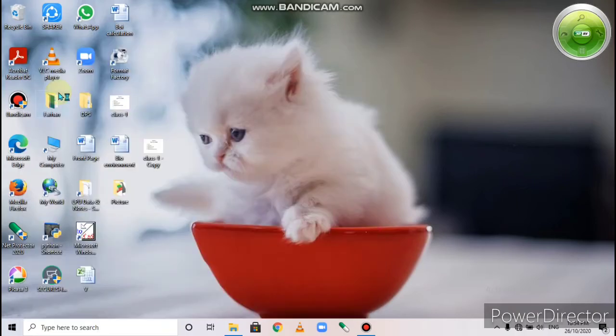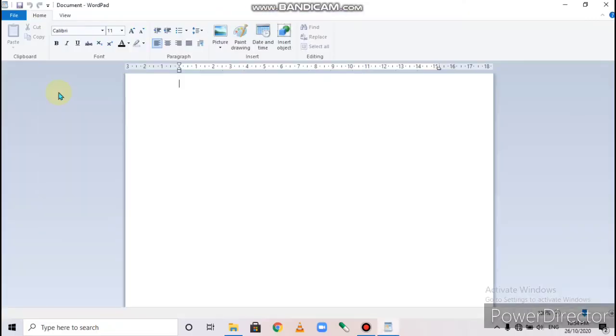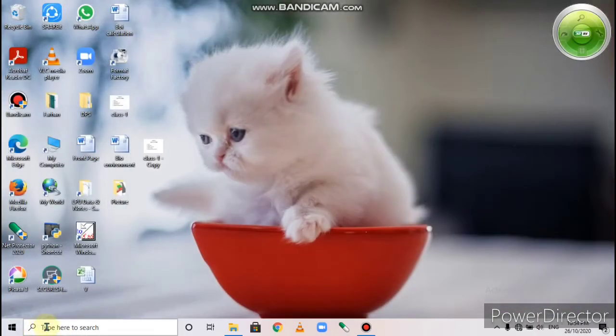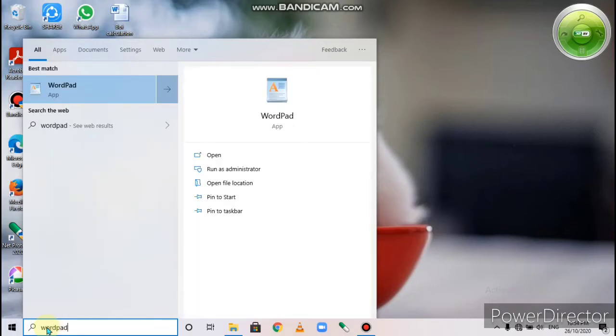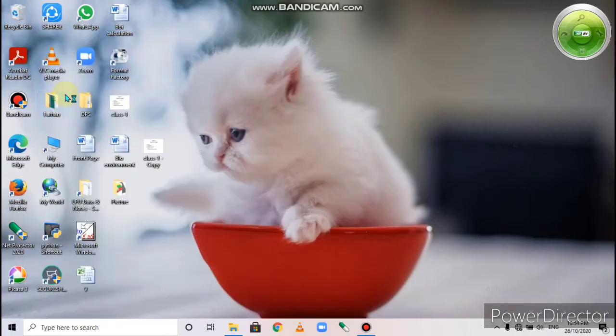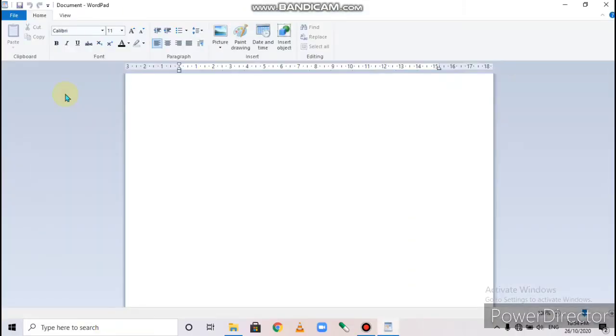You can press enter. Understood? I repeat once again. Click WordPad, and you can click here, or you can press enter. This is a WordPad screen.